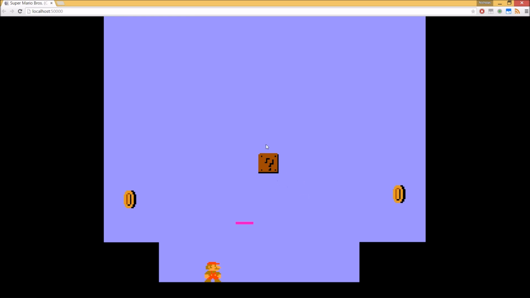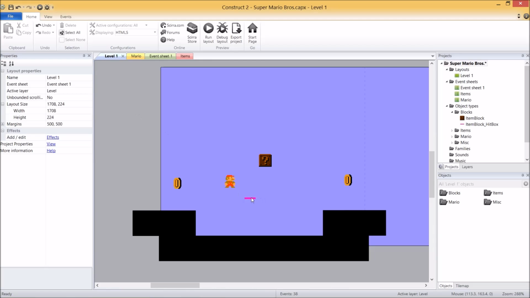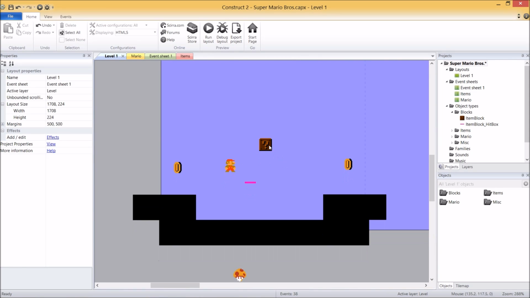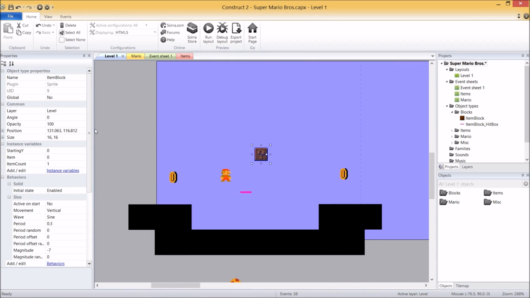Now you might be wondering, well, do we have to add a hitbox for every single item box? Well, yes we do, but there's a lovely little thing that Construct does for us. Let's minimize that. We're going to create what's called a container. Okay, and the idea of a container is one object owns another object. Okay, and for every object, or every parent object that's created, a child gets created as well.